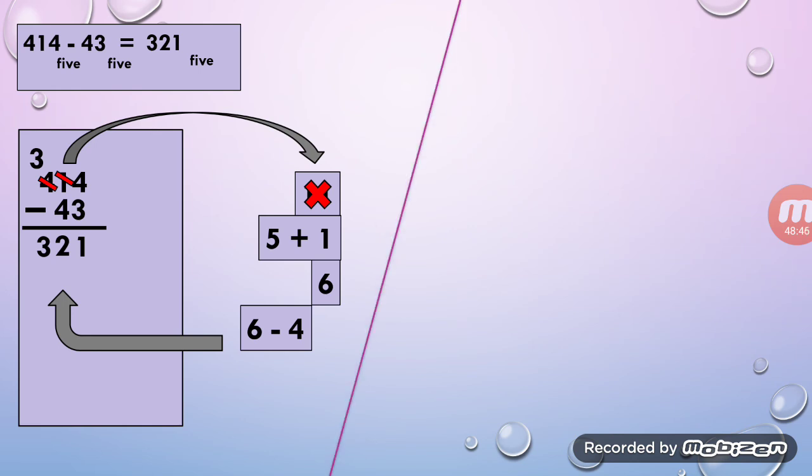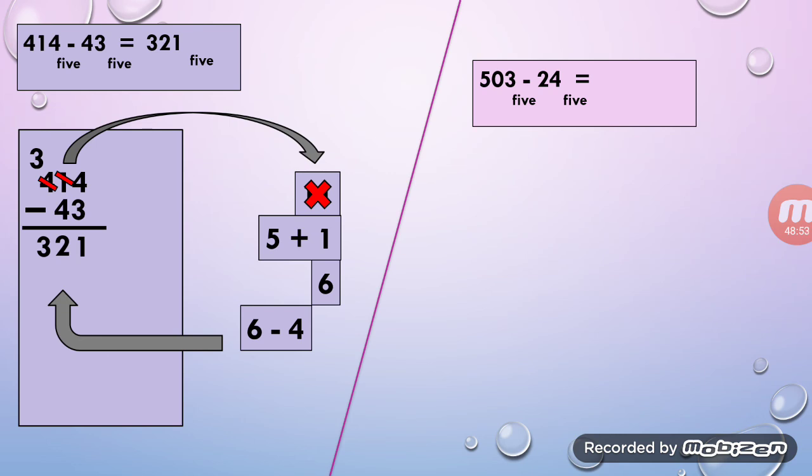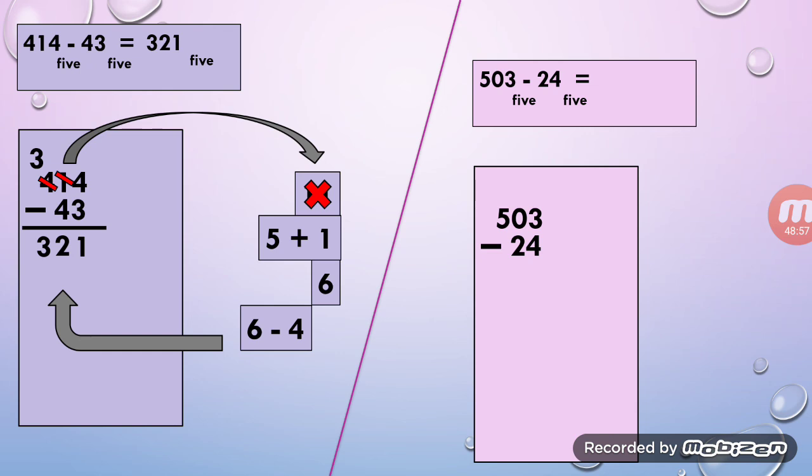Once again, I'm going to slash through the screen, and we're going to do 503 minus 24 base 5 notation. Now we're going to follow a similar method as the first one. So we see 503 minus 24. Now if you'll notice, 3 can't subtract from 4 the same way 0 cannot subtract from 2. Now that's going to be a problem. So what we're going to do is we're going to borrow some value from the 5. So the 5 becomes a 4. 4 minus 2 is going to equal,